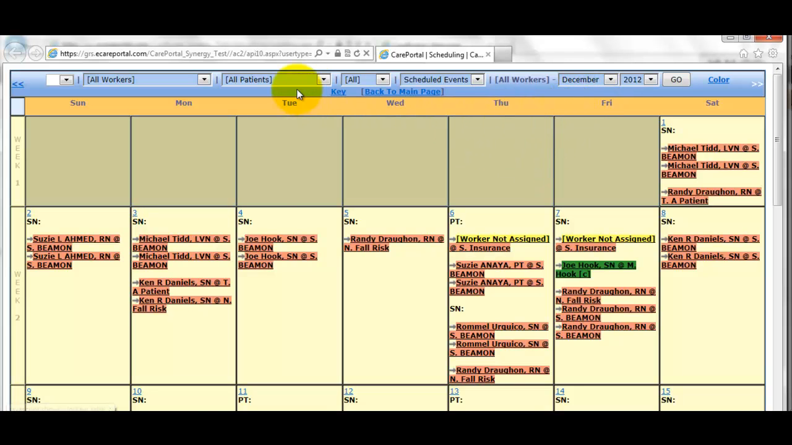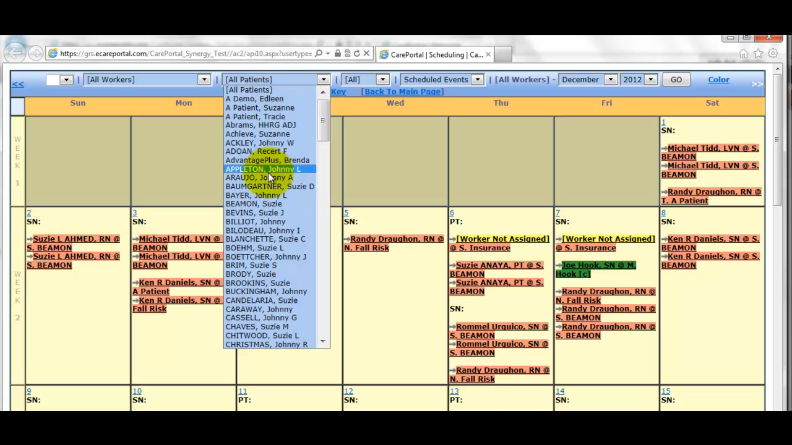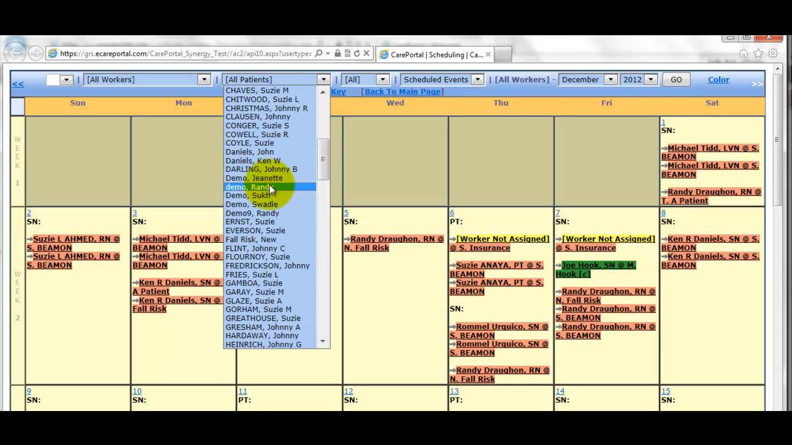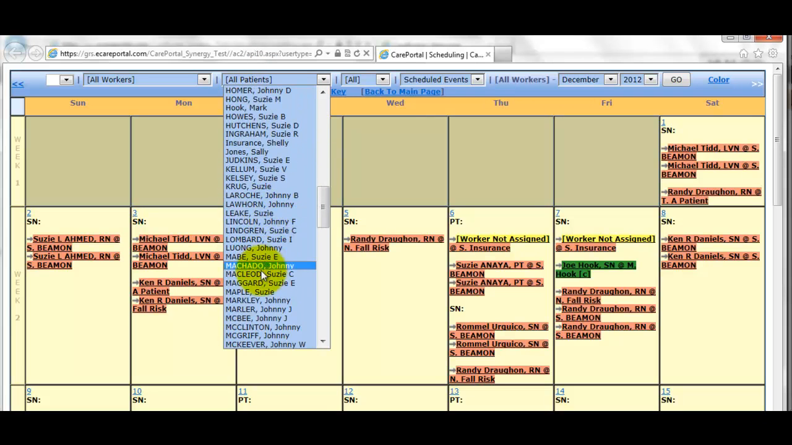Now, this will show me all patients and all workers for the entire agency, and that can be overwhelming if you don't narrow it down to a more manageable scale. You can do that by using any of these filters, by worker or by patient. So let's say that we have patient Johnny Medicare in mind. So we scroll down to Medicare,